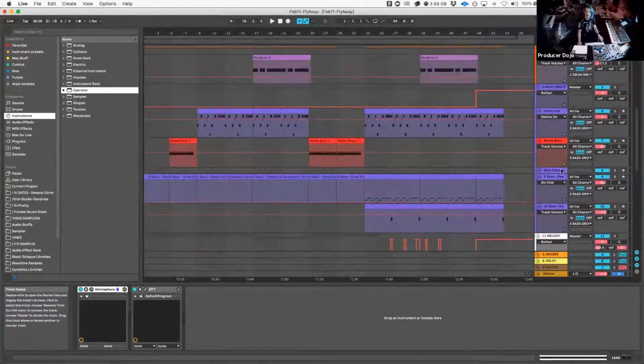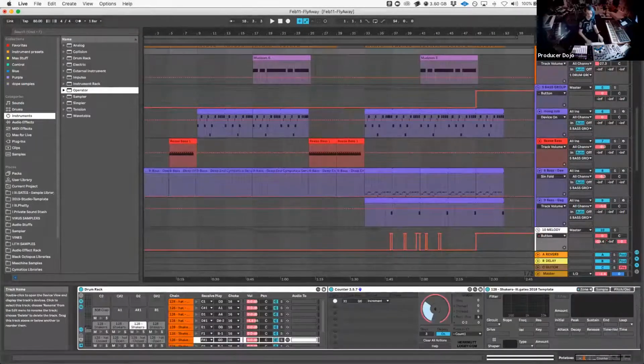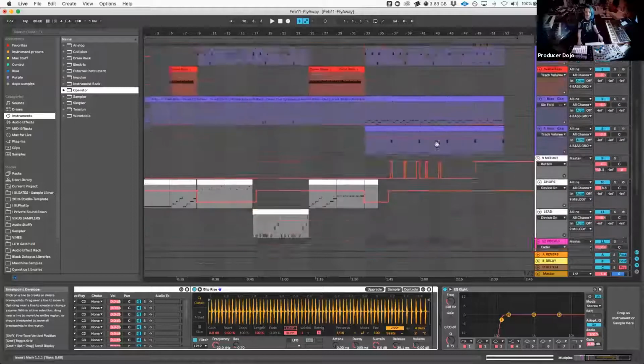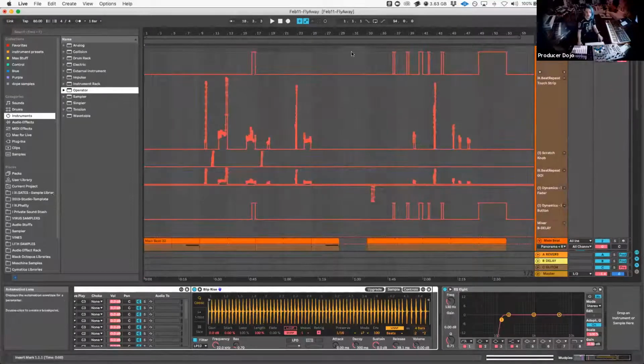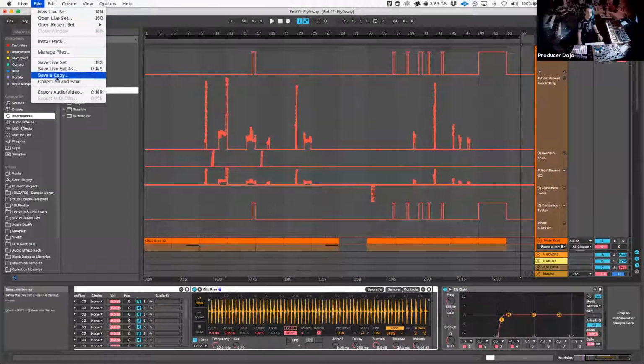And then, yeah, there's some more unused channels. And then I didn't use any of these. Okay, cool. So that's made it lean and mean. And now, if you want, from here, you can stem the whole thing fairly easily by going to File, Export